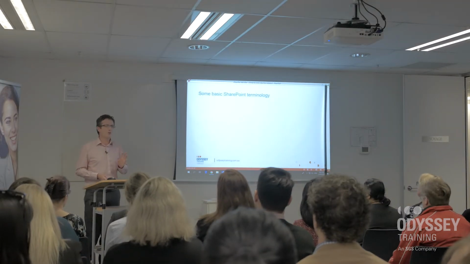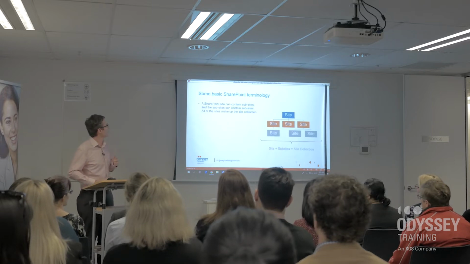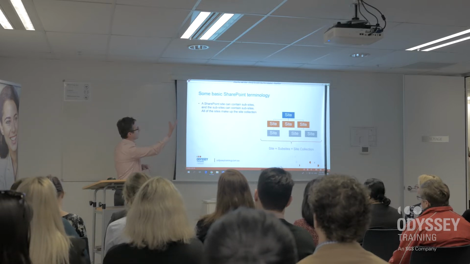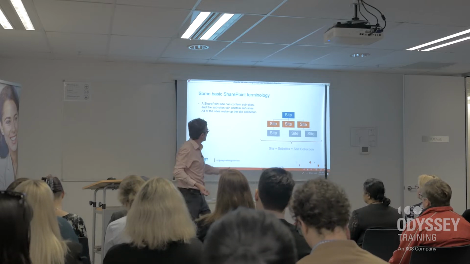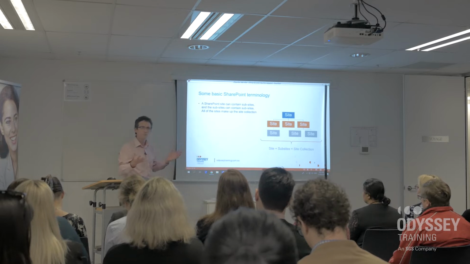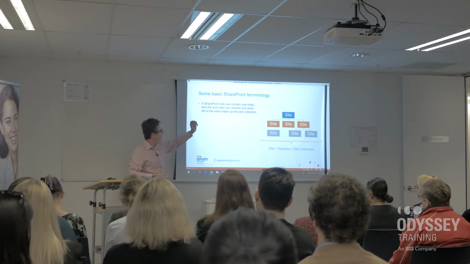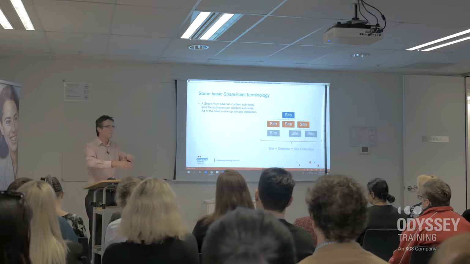Now, some basic SharePoint terminology. If you've been using SharePoint for a while, you'll know some of this. The first thing, a SharePoint site, is built off the idea of a tree structure. You have a top-level site, and sub-sites coming off that. For example, the top-level site could be for the company, and those orange sites could be for my departments. There might be a site for IT, a site for HR, and a site for finance. Then off the finance site, you might have some sub-sites. Payroll might have their own site, and accounts might have their own site. Collectively, they make up the idea of a site collection.